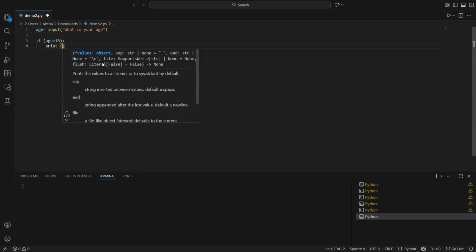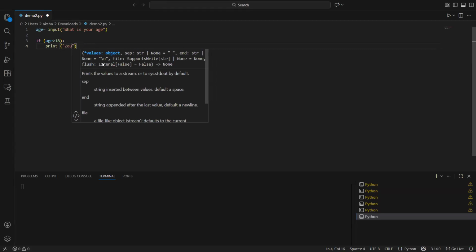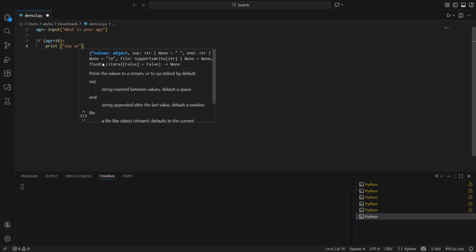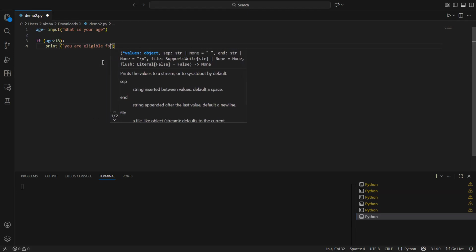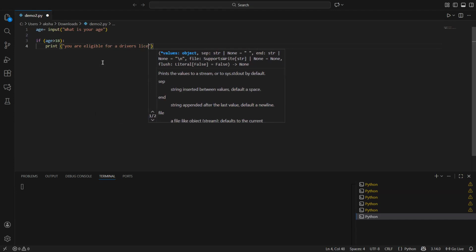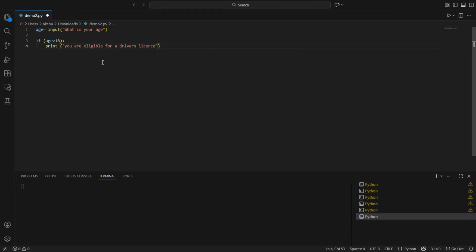Print, you are eligible for a driver's license. And otherwise, I want the computer to tell else,